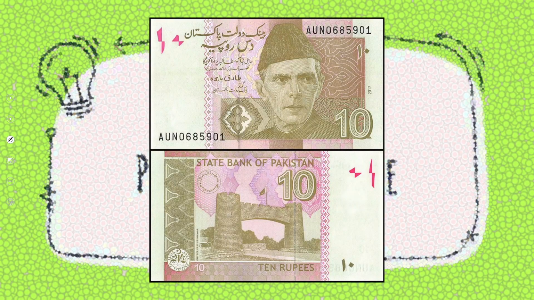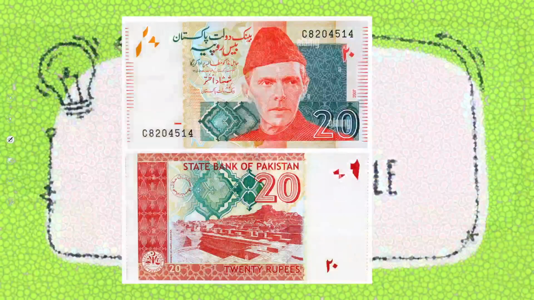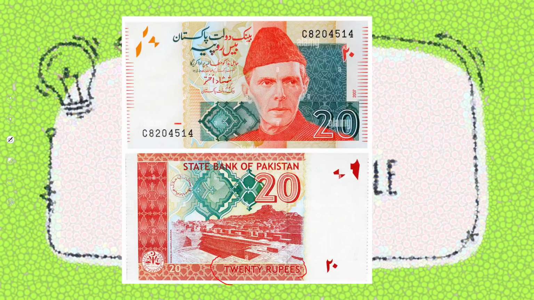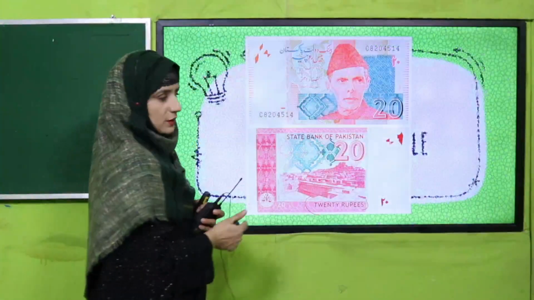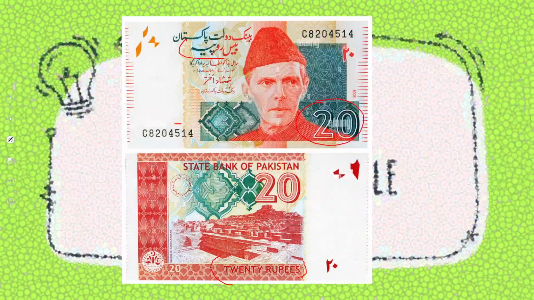Yes, can you see that? This is 10 rupees. On the back side of that note it is written in words, 10 rupees. This is a currency note of 10 rupees. And the next one, which is this note? Good, yes, this is 20 rupees. Is it clear, my dear students? In numbers also it is written, you can see 20, in Urdu also it is written, and on the back side of that note in English also it is written that this is 20 rupees.